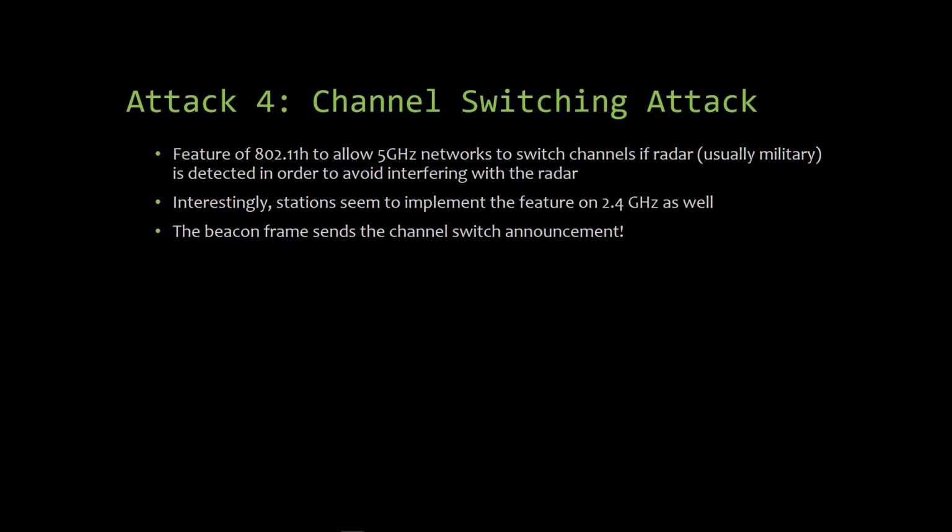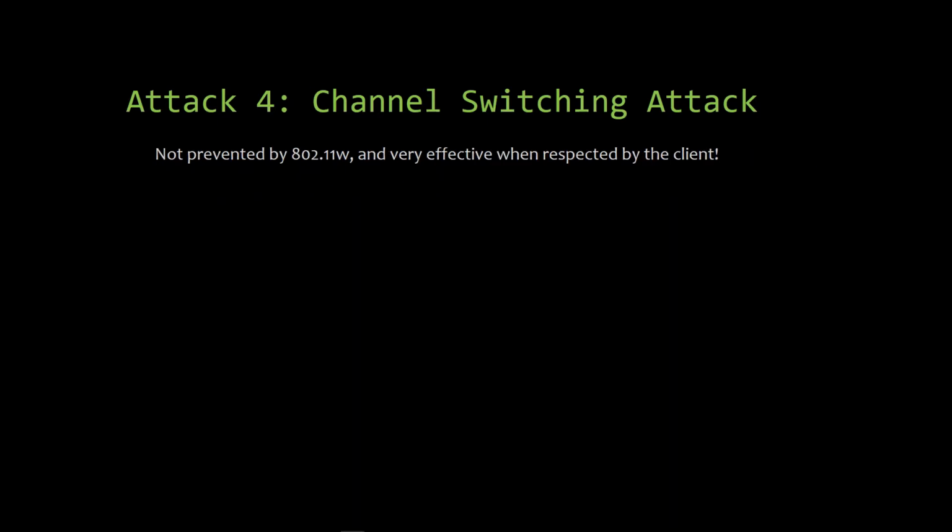This is only required on 5 GHz networks. However, many stations seem to implement this feature on 2.4 GHz as well. And most importantly, the channel switching announcement is not sent in a special management frame. It is sent in an ordinary beacon frame, which is not covered at all by 802.11w and is therefore not protected. This attack is very effective on 802.11w and regular 802.11 networks, but it only works when the client respects